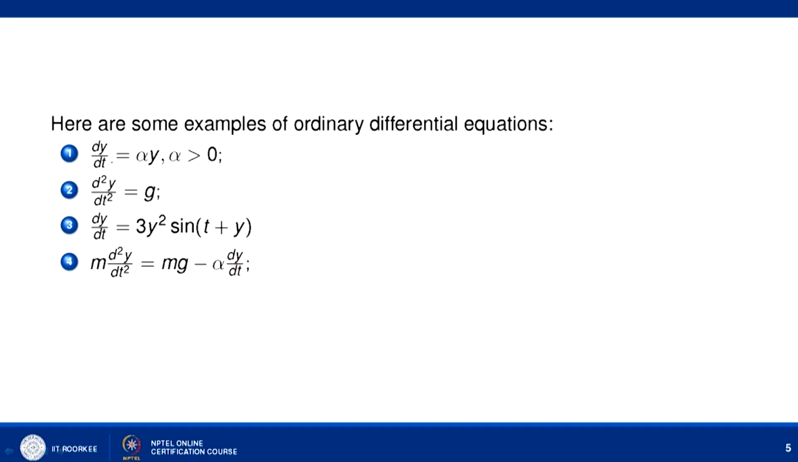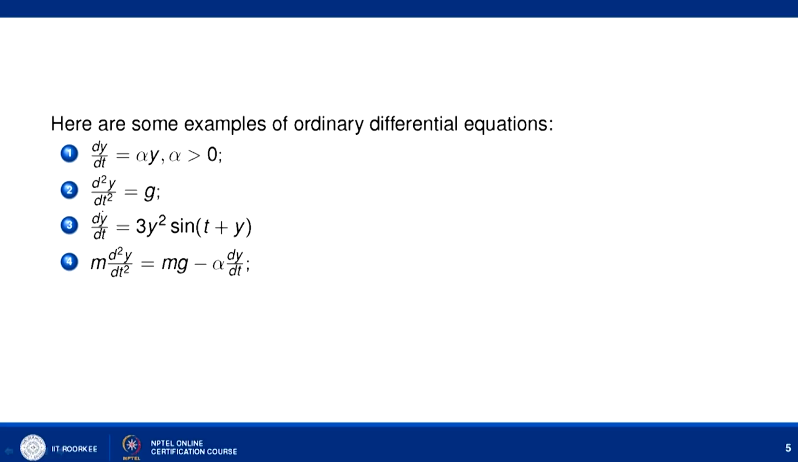If you look at the first example, here y is the dependent variable and t is the independent variable, and dy/dt is the first derivative of y with respect to t, and it is related to the dependent variable y by this relation dy/dt equal to alpha y. This is a very commonly used equation in population dynamics, and it says that if the population grows at the rate of alpha, then the population at any given time t can be obtained with the help of this